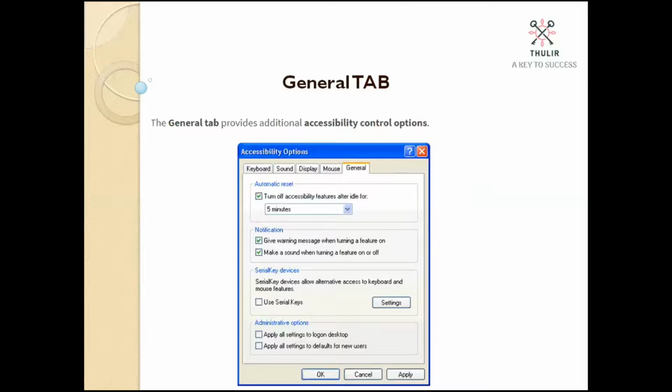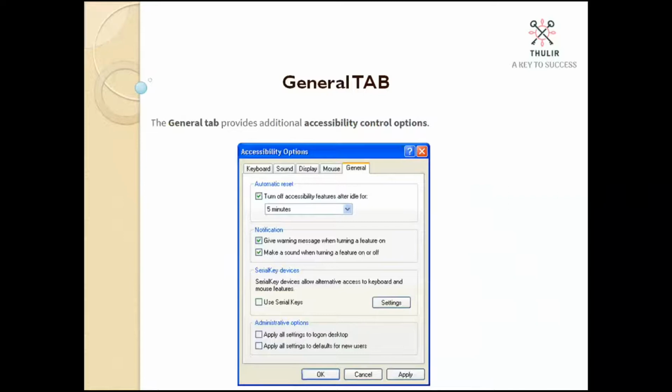Give warning message when turning a feature on: if you want a notification to be displayed, this option can be checked. And make a sound when turning a feature on or off: so whenever an accessibility option is turned on, you'll hear a sound. That comes under notification.